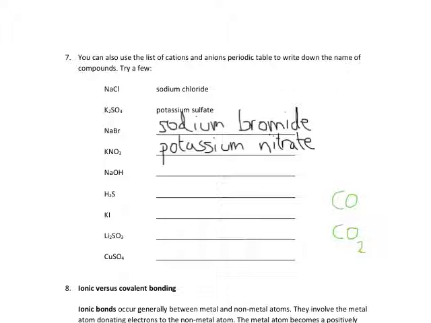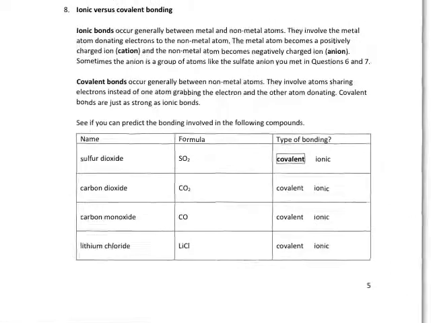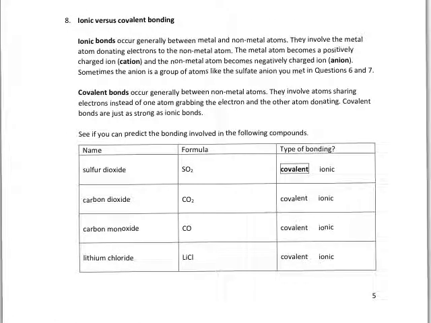Okay, let's go down the page to our final thing that I'm going to work through with you. The rest I'm going to leave up to you. Ionic versus covalent bonding. The explanation is fairly self-explanatory here. The simplest kind of compounds, and they're the ones we're going to spend most of our time looking at this year, are what we call ionic bonded compounds, and they have metal and non-metal atoms. And what happens is the metal atom donates its electrons to the non-metal atom. And we call the metal atom the cation and the non-metal atom the anion, because the cations lost electrons and